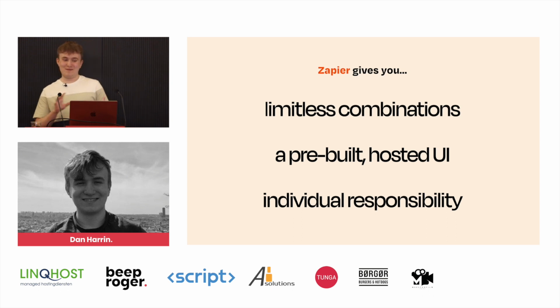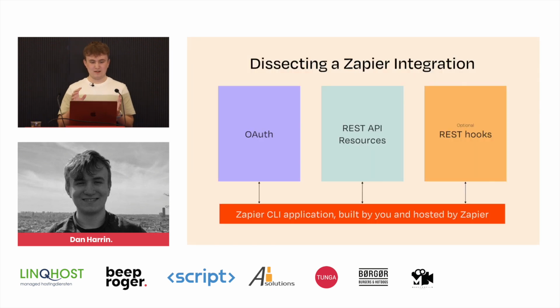Now, this is actually how a Zapier integration works. Split into three main parts, really. It's actually a Node.js application. And what happens is you create a Node.js application that is built on Zapier's CLI framework. So they'll scaffold a lot of it for you. And what this does is you upload this through the command line to Zapier, and Zapier is actually going to push that onto an AWS Lambda function. And then that is going to act as a gateway between your Laravel app or any other app you have and Zapier. And Zapier is going to be able to interact with your app through that specialized, standardized integration that you're going to write.